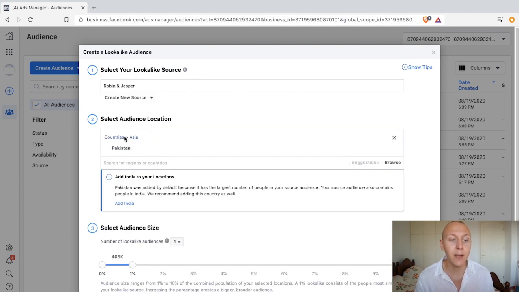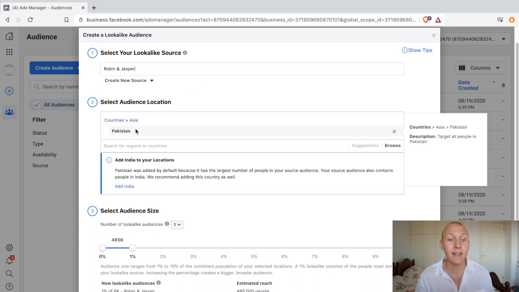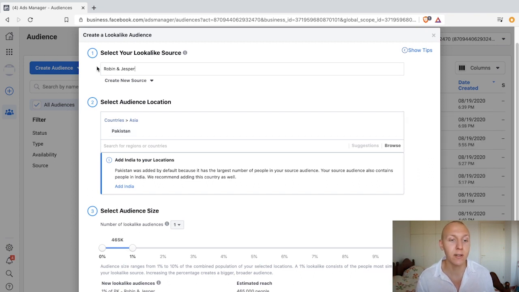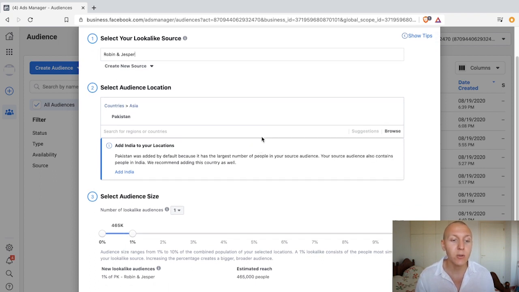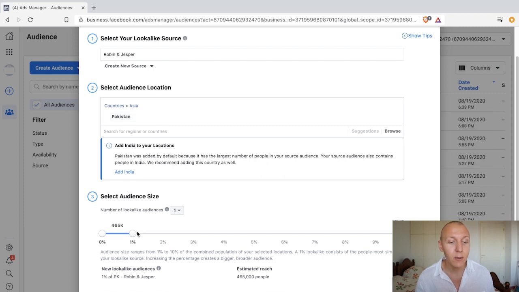So we could use our page as a source, and we know that Pakistan is one of our biggest countries, or rather the country with the most people who follow our Robin and Jesper page, at least when we started out. Now we have a lot more from the States. So once again, if we're going to be targeting Pakistan and creating a lookalike from Pakistan,